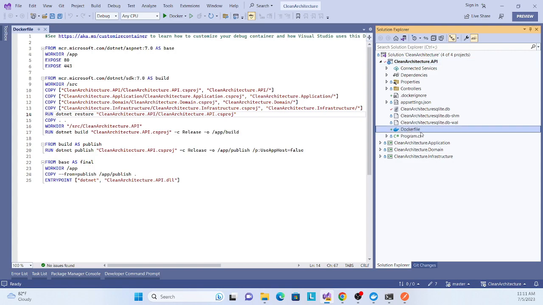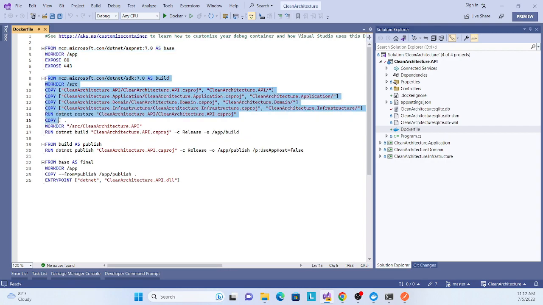See, this file is already created, and it has three or four sections. The first section creates a base image with ASP.NET, and then it copies all the project references and stores them in this work directory.